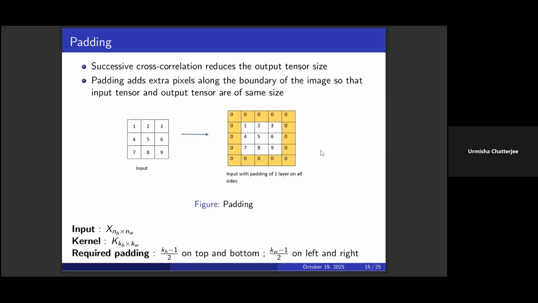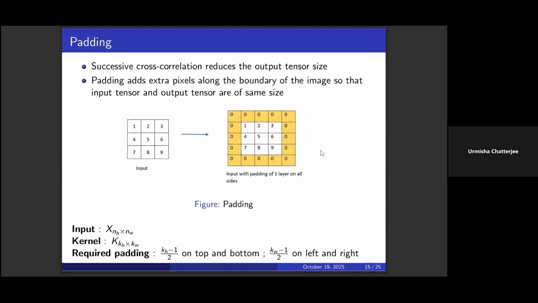This is the main operation of padding. Now here I have shown it with one layer of padding. You can do more than one layer of padding. That will depend on the kernel size that you are using. And by default, these pixel values are always 0. But of course, if you need to customize for any particular applications, you can customize it in Python.